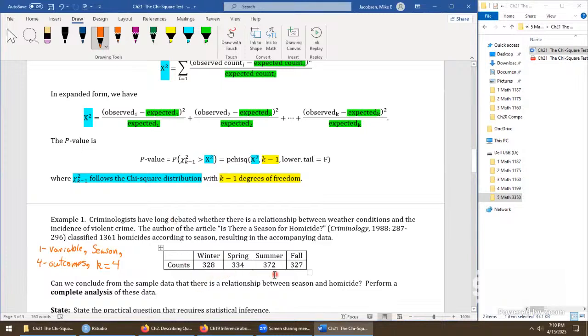And then we ask ourselves, how far away are the observed counts from the expected counts, the counts we expect when the null hypothesis is true? Chi-squared right here is the test statistic that does this measurement for us. And just for the sake of a temporary screenshot to really look into the two,